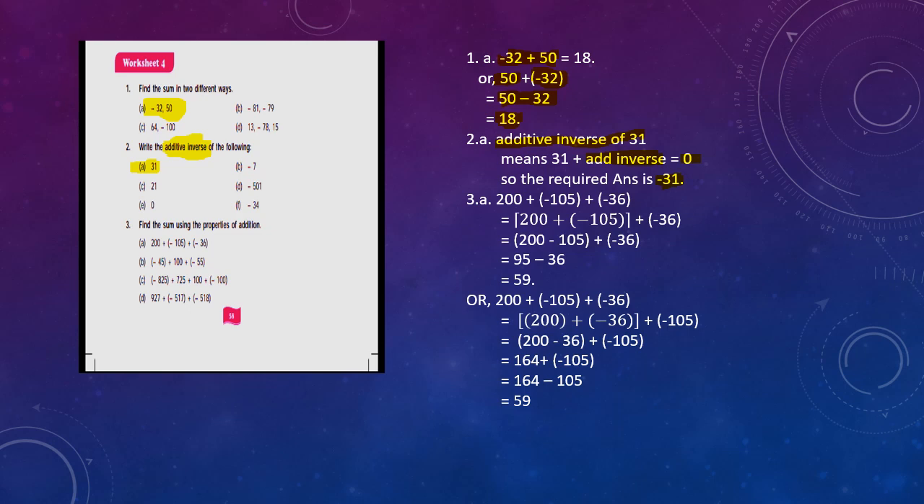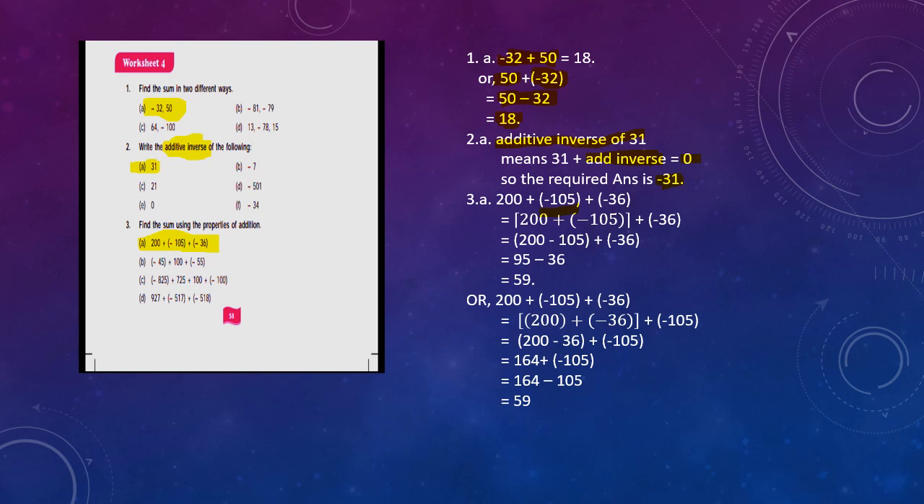Now come to question number 3. Find the sum using the properties of addition. The properties you have read in the previous video or in the book, about the properties of addition of integers. So you have to use them to solve these questions. Now see question 3a: 200 plus minus of 105 plus minus of 36